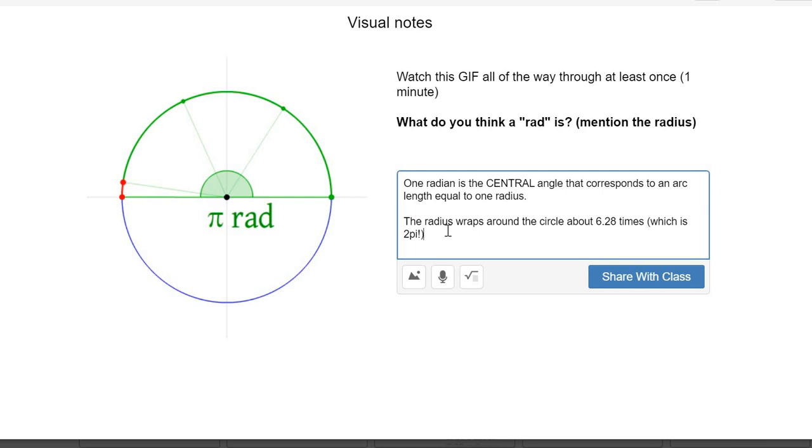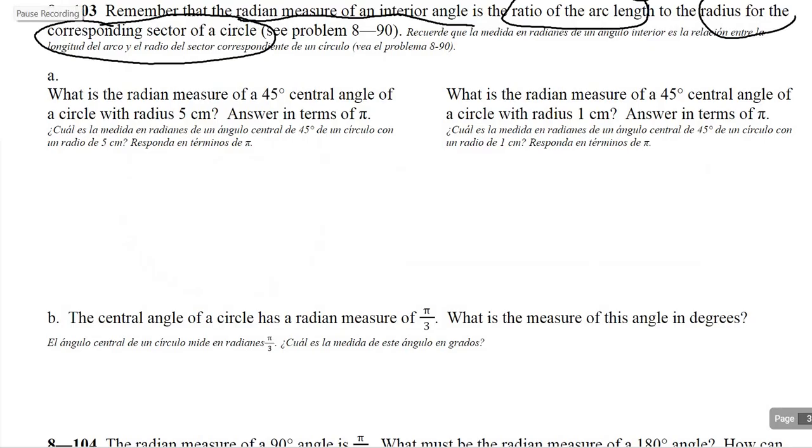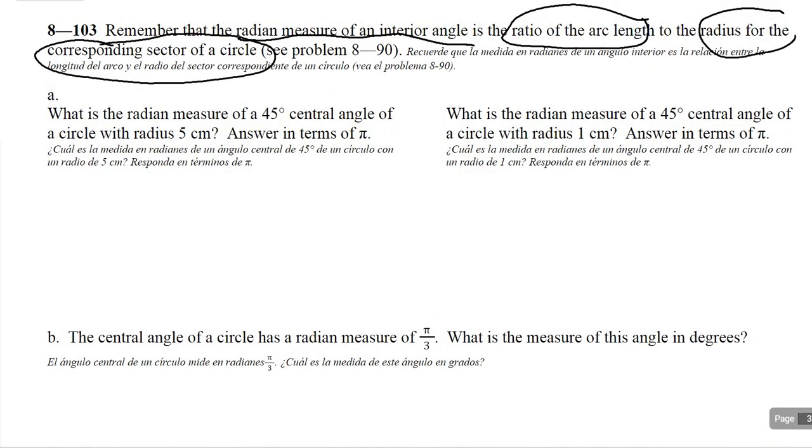Radius is 5. The angle is 45 degrees. Now, pi radius is around the circle, so this should equal